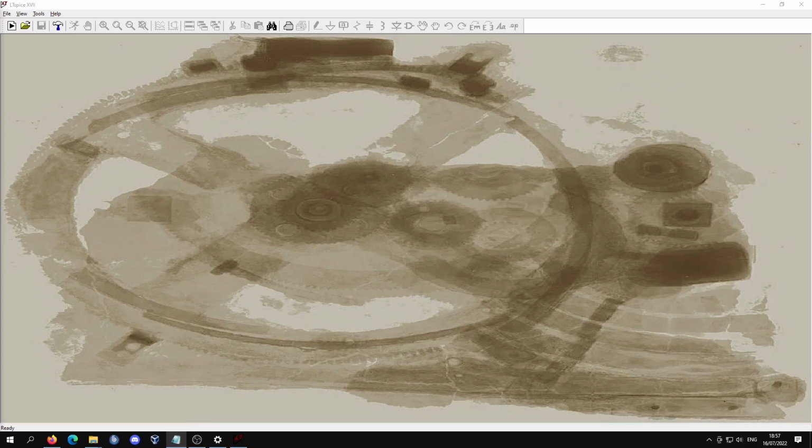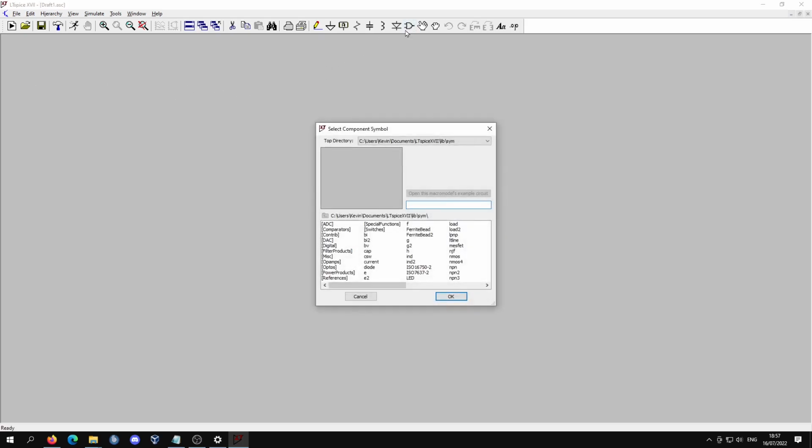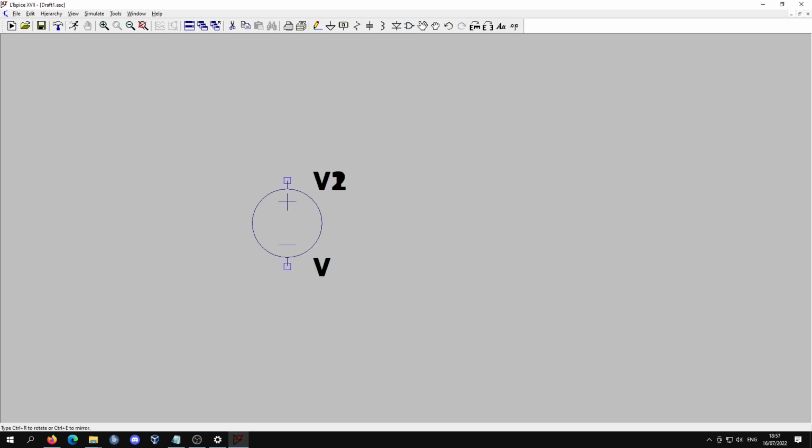In order to build our own circuit, we need a drawing board, therefore we go to New Schematic on the top left. First of all, we insert all the devices and start with the battery. This can be found by clicking on the component symbol and searching for voltage. There we can find the voltage source which represents our battery. Next we need to get our resistors, so we click on the resistor button and insert 3 of them.